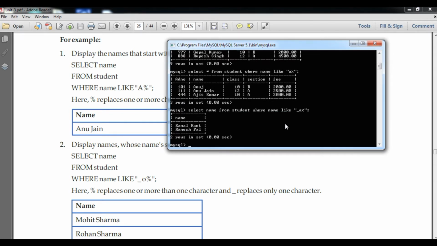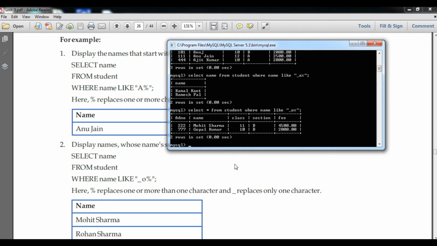Next, we are going to search for O. So select star from student where name like "_O%", double quote, close terminator. Now you can see Mohit and Gopal, two students whose second character is O.